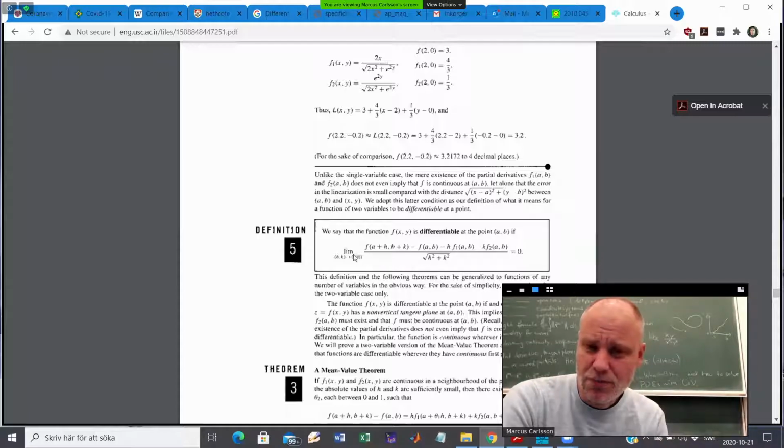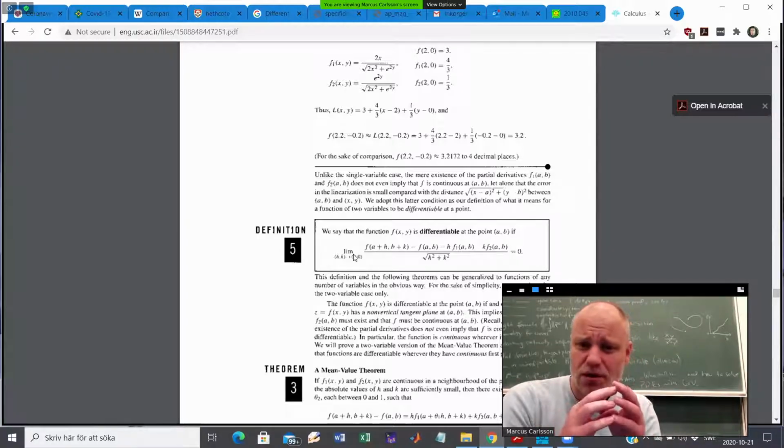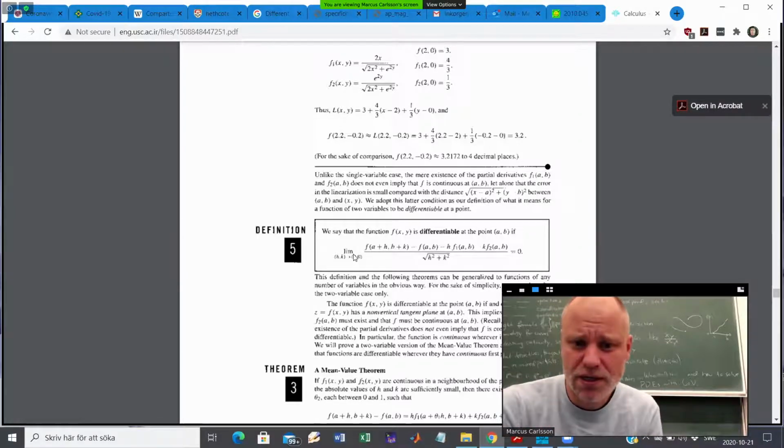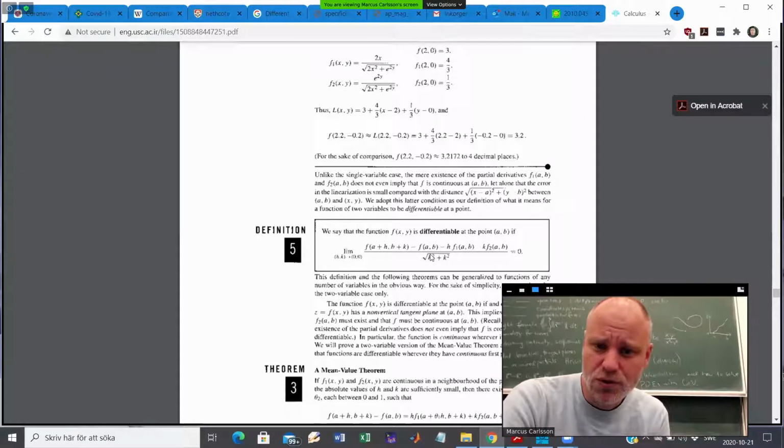Which is a limit process involving h and k, where these are the perturbation parameters. So it doesn't have a fixed direction in space. It's like in a ball around the point. You need to have some homogeneous control there. So that's saying much more than partial derivatives, which just talk about what happens in certain specific directions. So if this is true, then the function is differentiable. It is much more